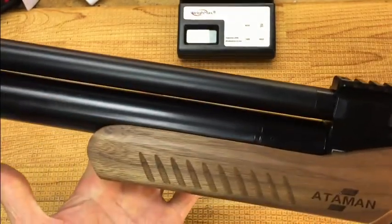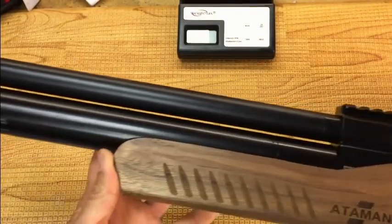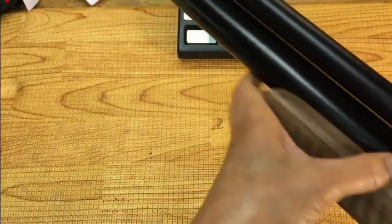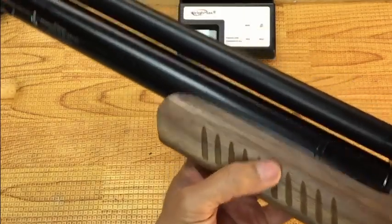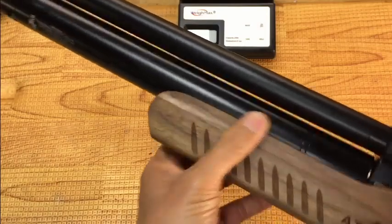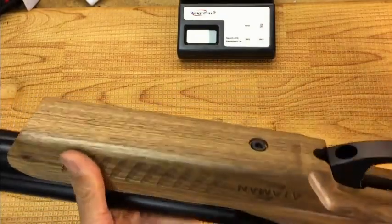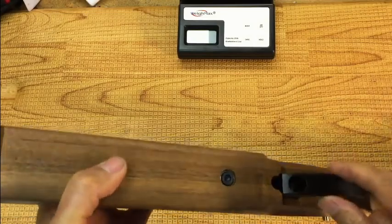So in case you want to reset the regulator or fix some leaks, you have telltale holes here, leaking here, and some other down here someplace. I can't really pinpoint it, it's hidden, but it's about a regular pinhole over here. It's nicely carved, well made stock, and this heavy duty trigger guard here,